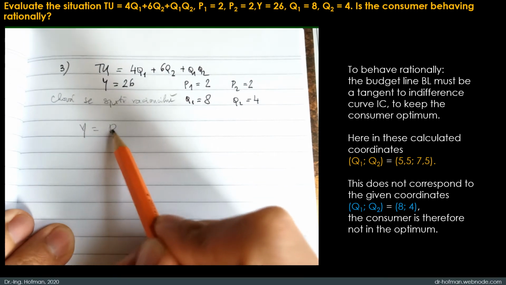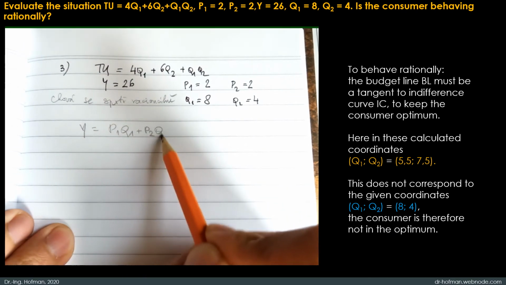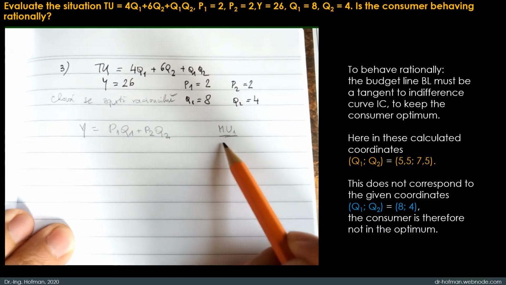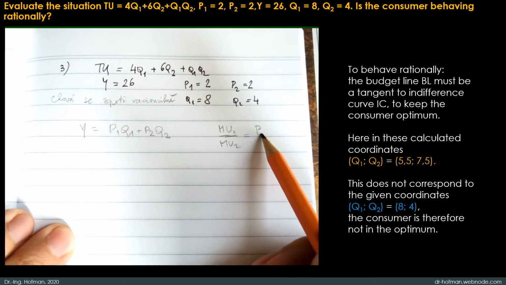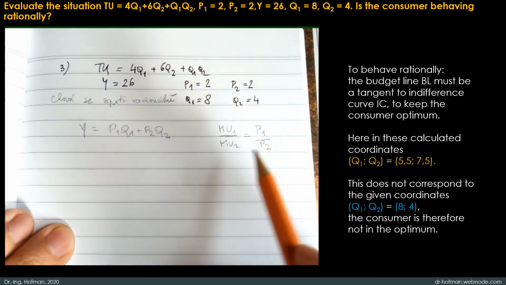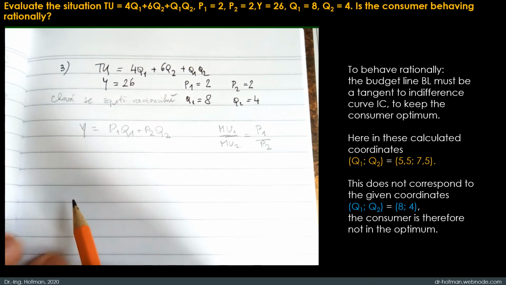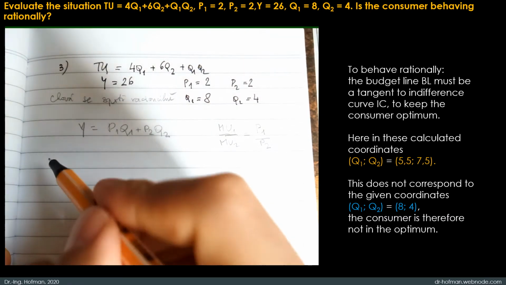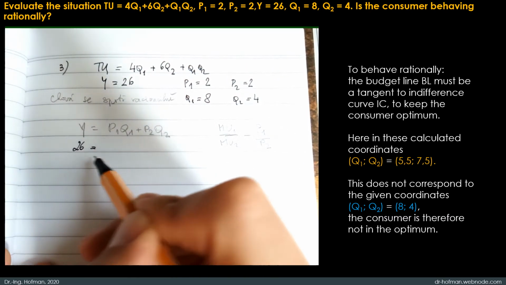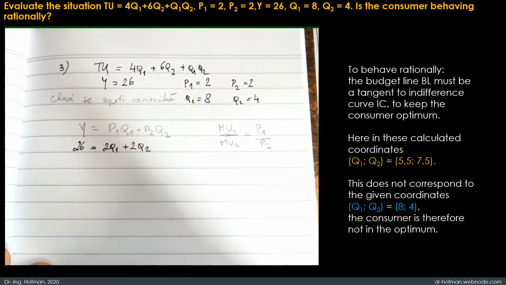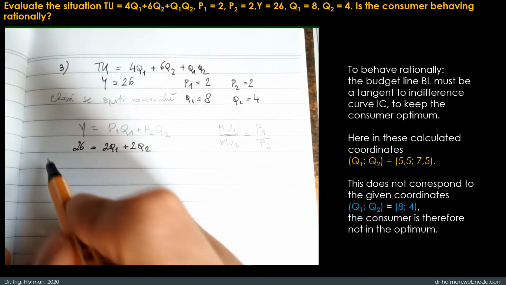Let's repeat the general equation for the yield. It's P1Q1 plus P2Q2. The general equation for optimum, MU1 over MU2 equals price 1 over price 2. Now we can substitute all the numbers we know. For yield 26, price 1 is 2 euros and price 2 is 2 euros. So we have the concrete form of the yield